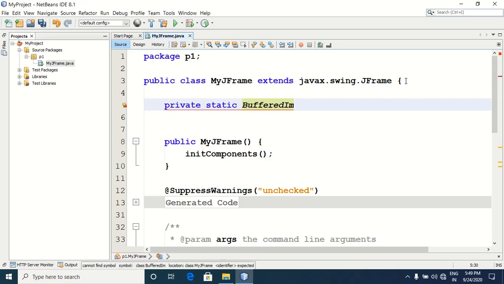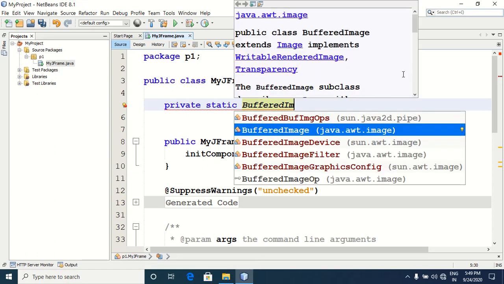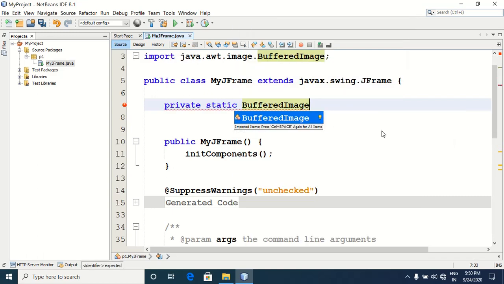Okay, this is the reference variable that you have to create here. Press Control Space and select BufferedImage from the java.awt.image package. Okay, you select it, name the reference variable. I am giving img, let us say.